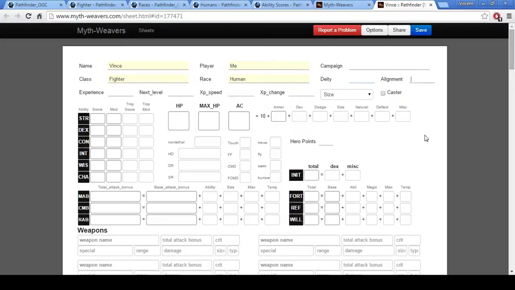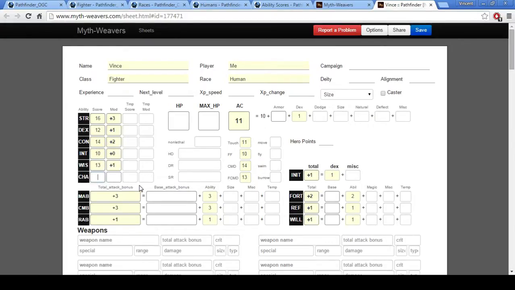Like deity, alignment, all that stuff, you can kind of make up, though it depends on your DM. Always ask your DM. Now we've actually got stuff to write in here, though. So let's say that we're a fighter. We're going to have strength 15, and we're going to have a dex of 12, and we're going to have a constitution of 14. However you come up with these numbers, if you roll for them or point buy or what have you, just put them in here,